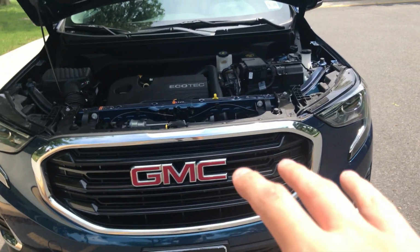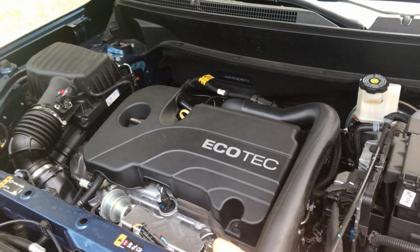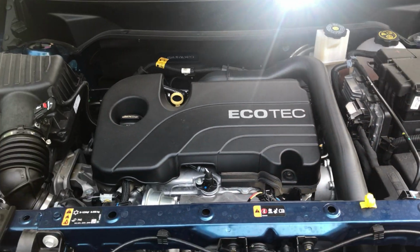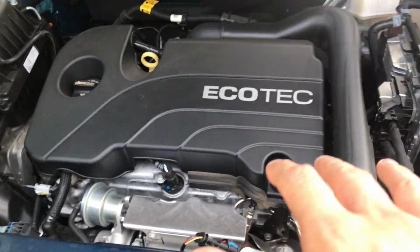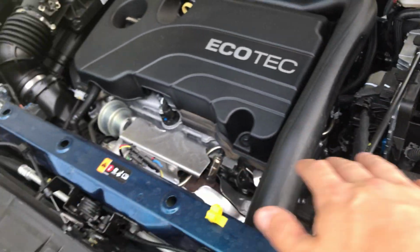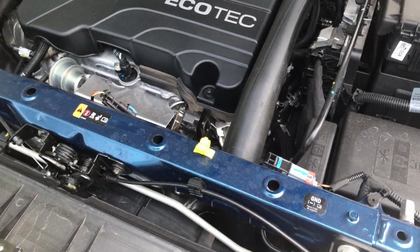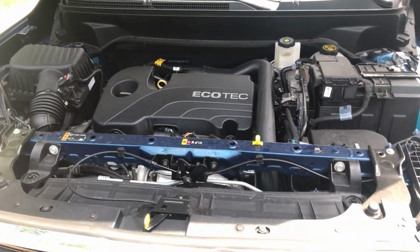Alright guys, so now we have the hood popped on this SUV, and right off the bat you can see the 2-liter turbocharged inline 4-cylinder double overhead cam, 4-valve per cylinder engine with a cast aluminum block. Obviously you can't tell, but it does have a cast aluminum block from factory. And right off the bat, I do just want to say that I really like this engine bay compared to